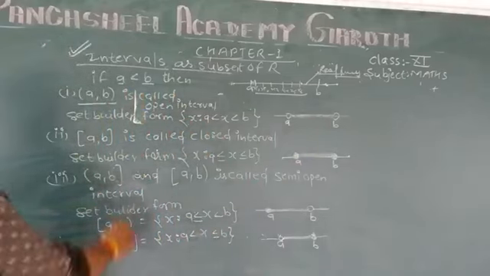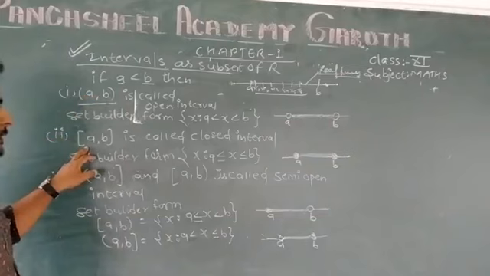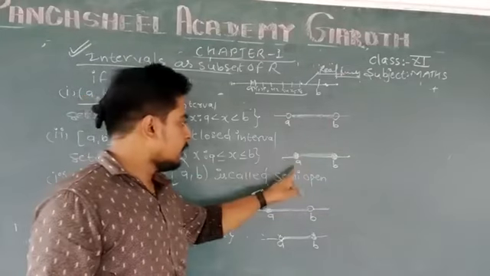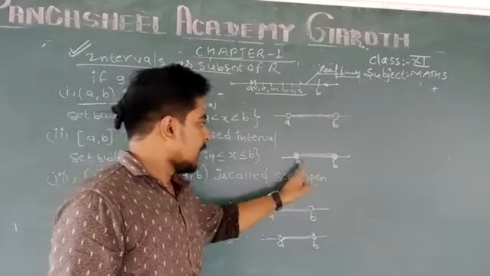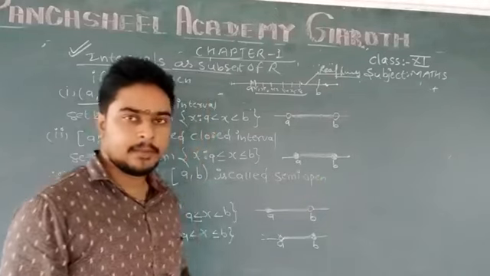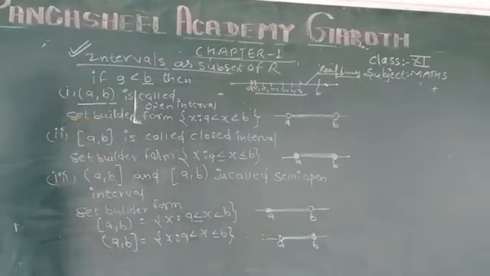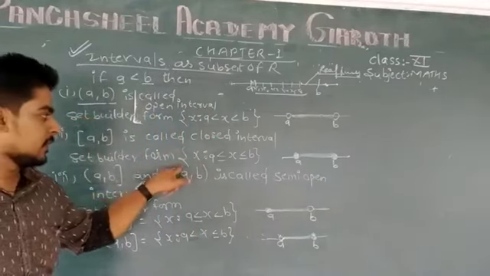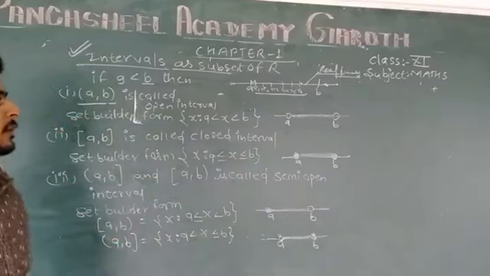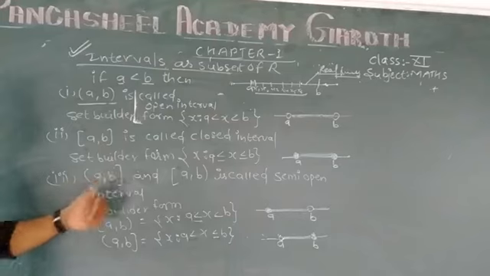What is the meaning of open interval? Now it is the closed interval. In the closed interval, we also take A and B, and also the values between A and B. This is called the closed interval, represented by the square bracket, and it is simple. It has a set builder form, and it is a given line. Whereas the small bracket (A, B) is open, the closed one is closed by the square bracket.